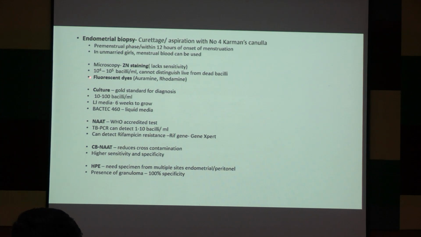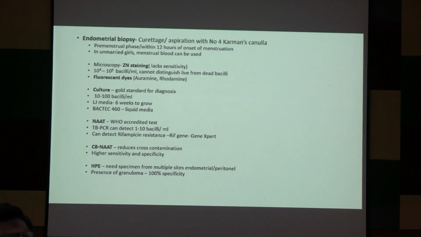But problem হচ্ছে, this is the amount of infection that is required in order to be a microscopically positive lesion. 10 to the power 4, মানে 10,000 থেকে 1 লাখ bacilli লাগবে per ml of sample. এতটা যদি সিভিয়ার ইনফেকশন হয়, only then you will see it positive on the microscope, otherwise it will not be positive. This is the one problem.